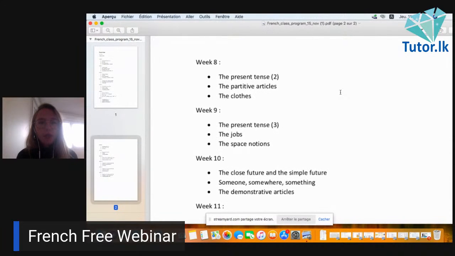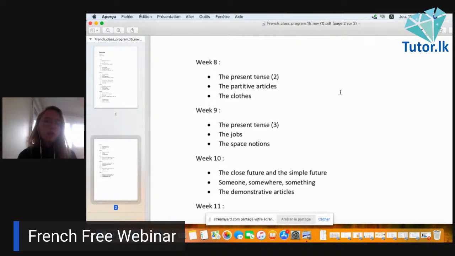Then the week after, second part of the present tense, because in French you have irregular verbs. Sorry for my English. And you also have like 3 types of verbs, even more. So we'll see that, and we'll see also the partitive articles and the vocabulary